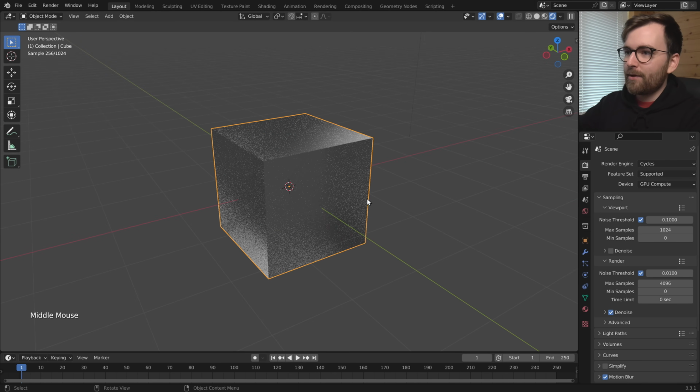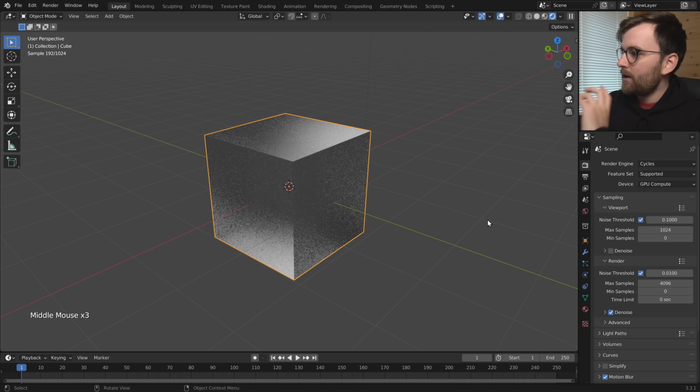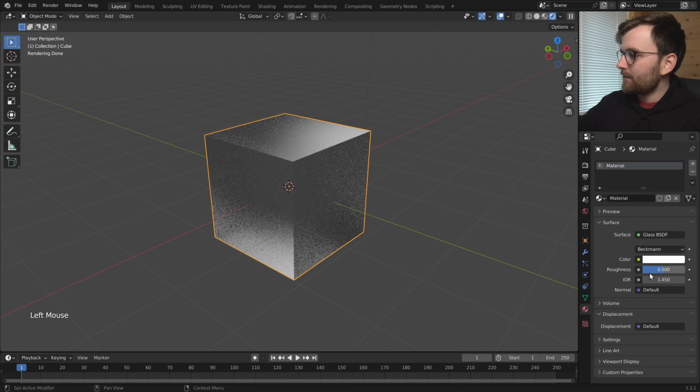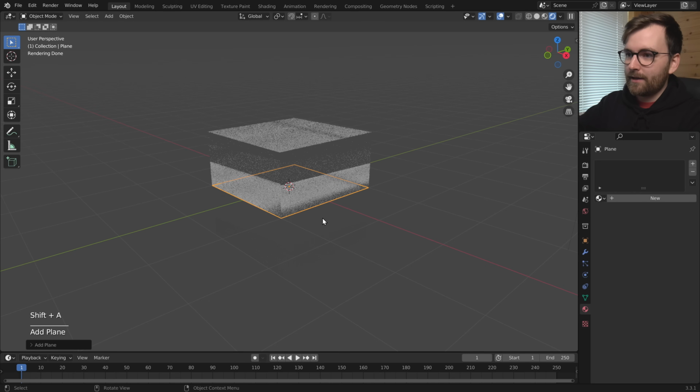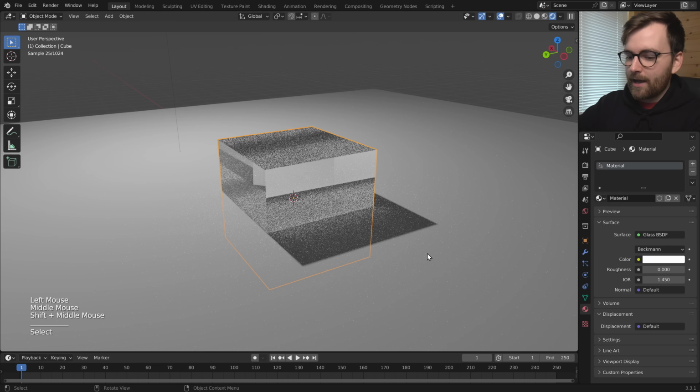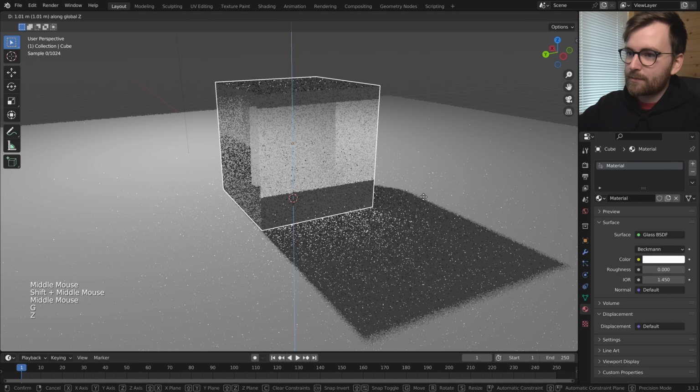But now I'm not super happy about this glass. We need to tweak this a little bit more. So let's go to material properties and let's change the roughness to 0. Here's where the magic happens. Refractions. Let's go Shift A and let's make a plane. Let's scale this up. Let's select our cube and let's press G and Z and move it so it's placed